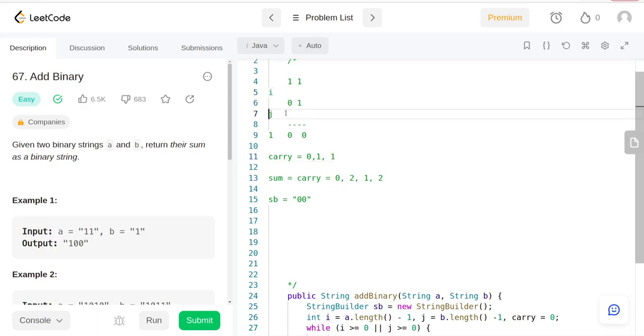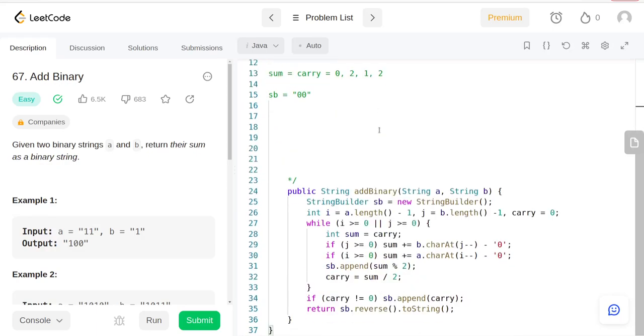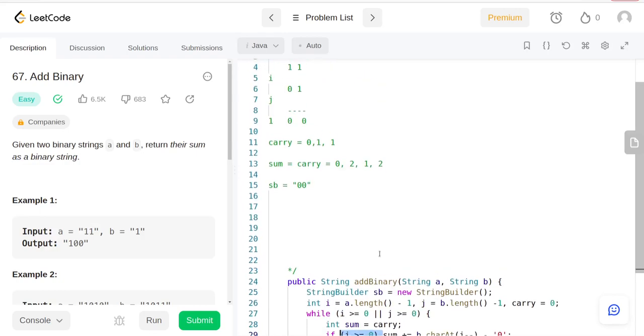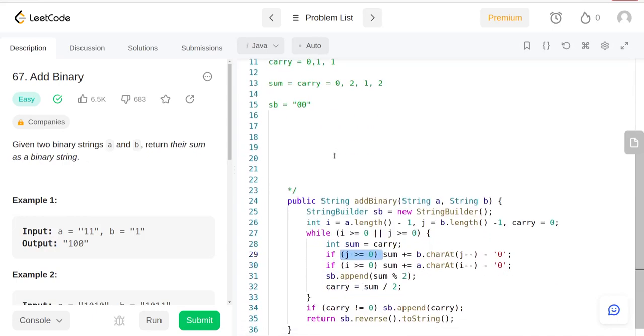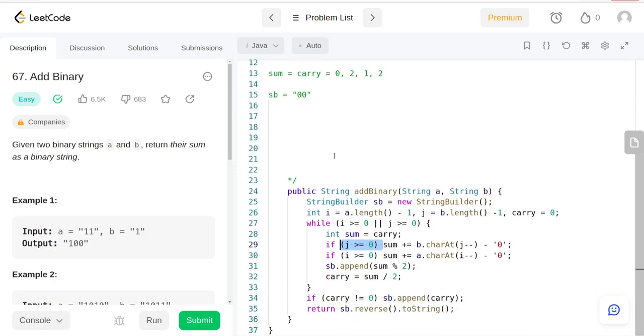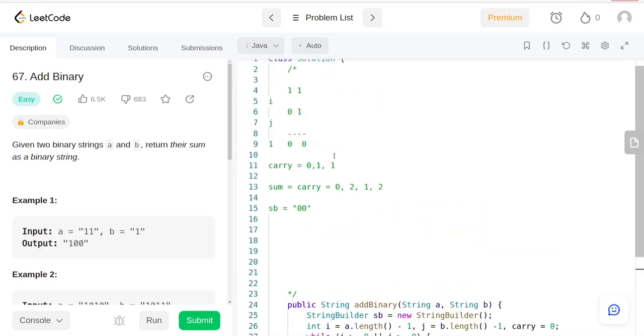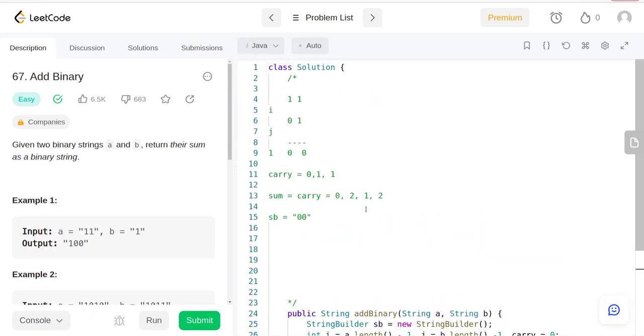We do not have that, right? So we are not going to do it. Again there is a condition: we only do it if j is greater than or equal to 0, otherwise we just ignore it. In this case, both of them are going to be less than 0,